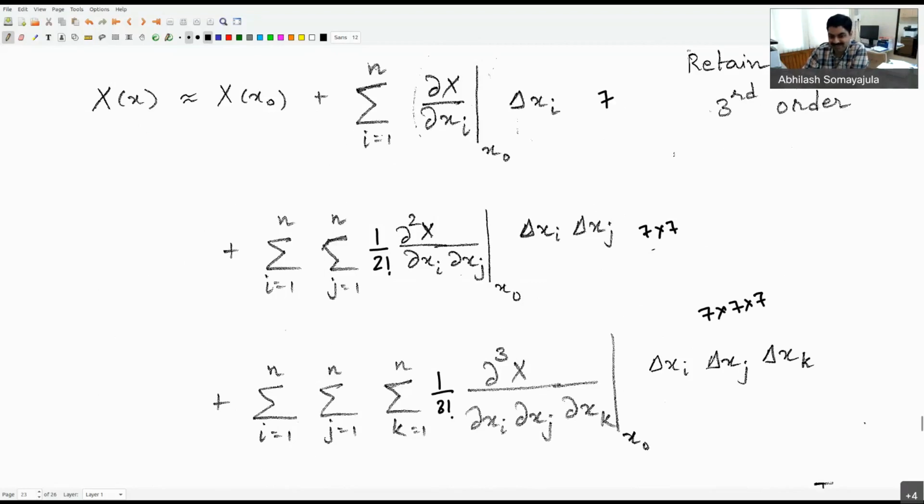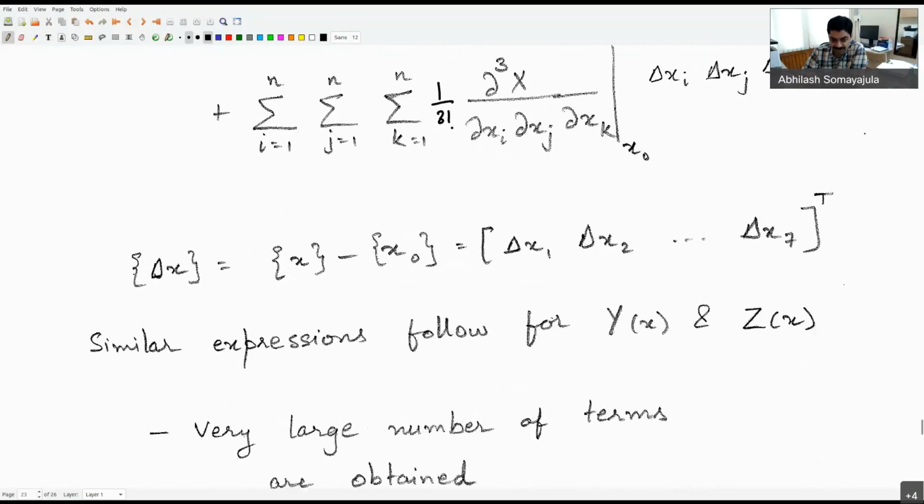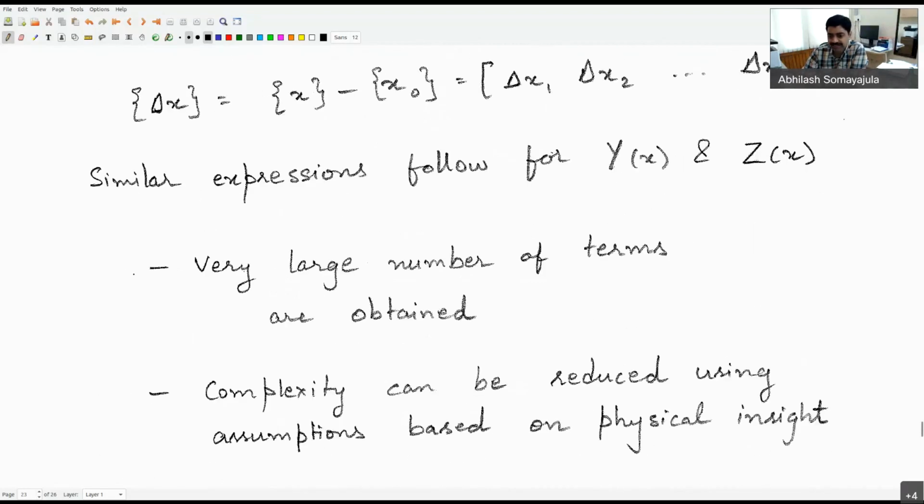So you can see that it's a really unwieldy model with so many parameters, and it's not really practical to use that. So we have to make some simplifying assumptions, and that complexity can be reduced by making those assumptions,